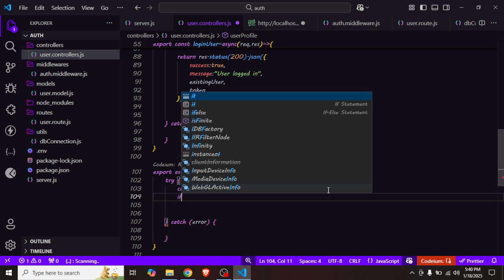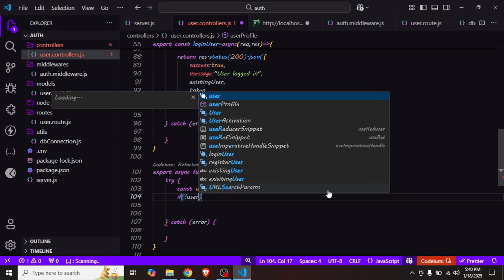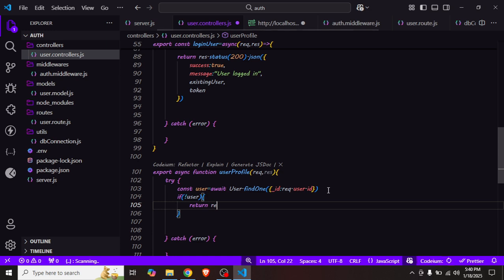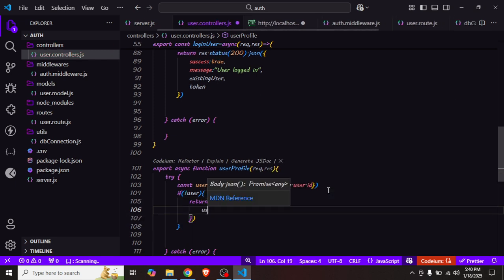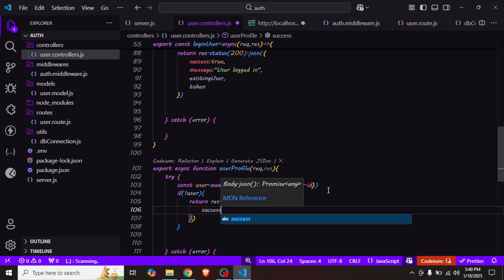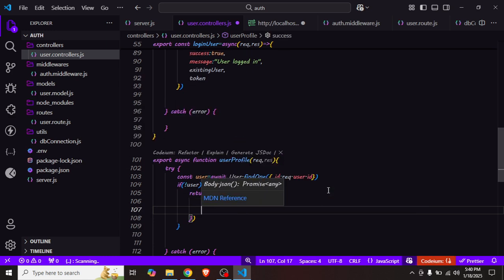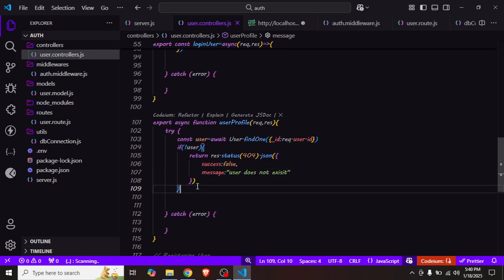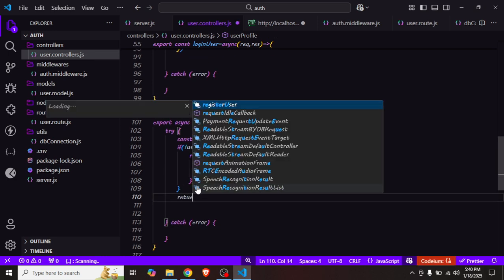If not, return the data with a status of 404.json. Here I will have to pass success as false, and the message is user does not exist. Okay, now if everything was okay, then I will have to return